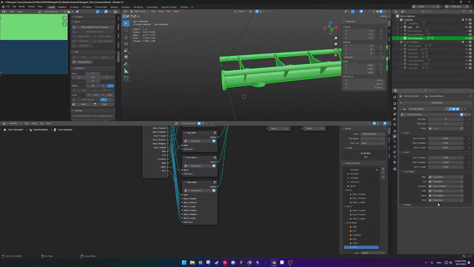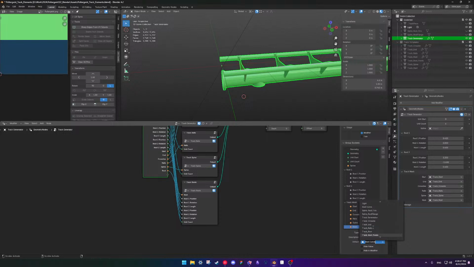So route is going to be default, it's going to be track route points. Make it track route points.